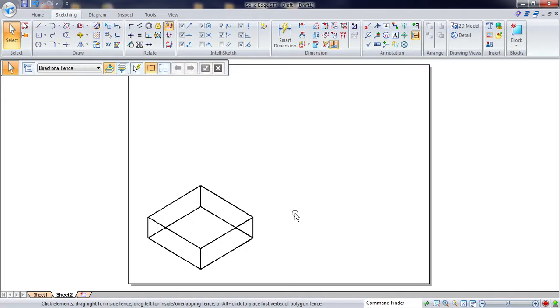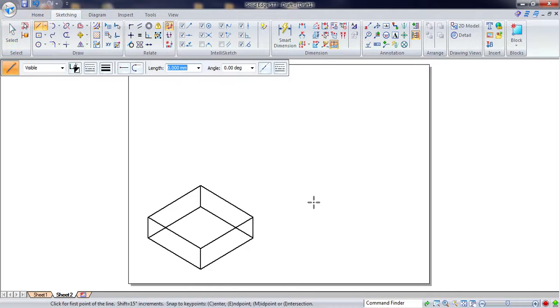In the computer, you can construct the solids separately and then connect them with the help of the block command and also the move command, but manually you cannot do it like this. So let's construct the frustum of a square pyramid, whose base they have given as 40. So 40 at 30, 40 at 150, then 40 at minus 150, and finally 40 at minus 30.